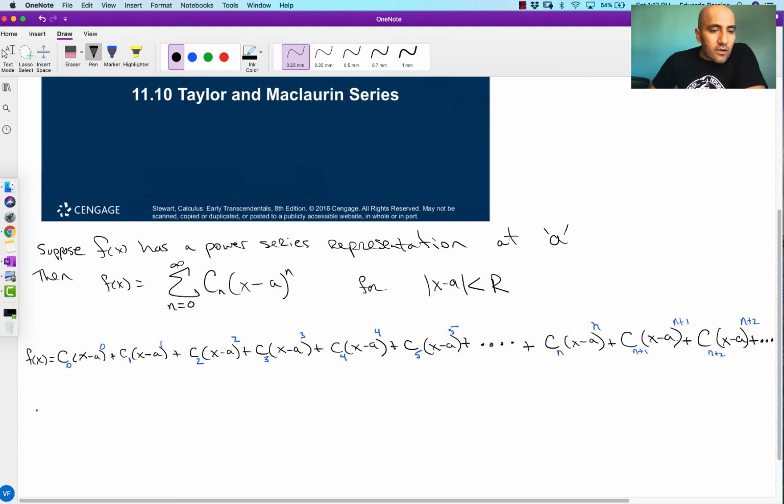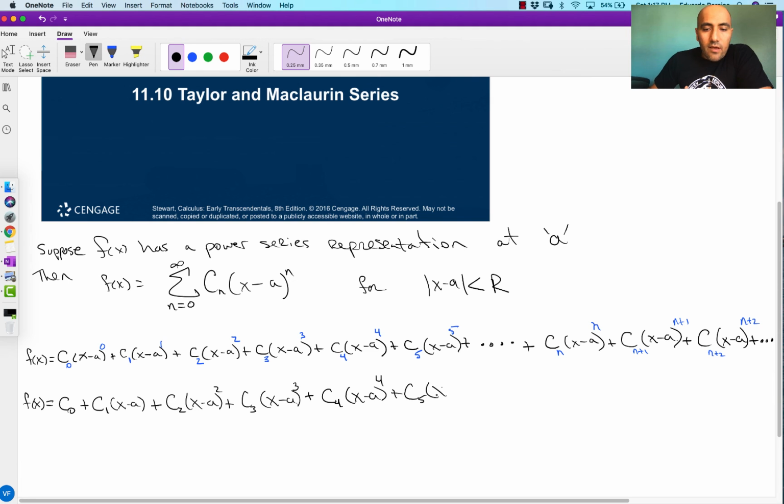So if we just simplify that to call that a 1, then this expression can be rewritten as c sub naught, x minus a to the power of 0, that's just going to be a 1, plus c1 times x minus a, plus c sub 2 times x minus a squared, plus c sub 3 times x minus a to the third power, plus c sub 4 times x minus a to the fourth power, plus c sub 5 times x minus a to the fifth power, plus dot, dot, dot, and then there's these guys, c sub n times x minus a to the nth power,